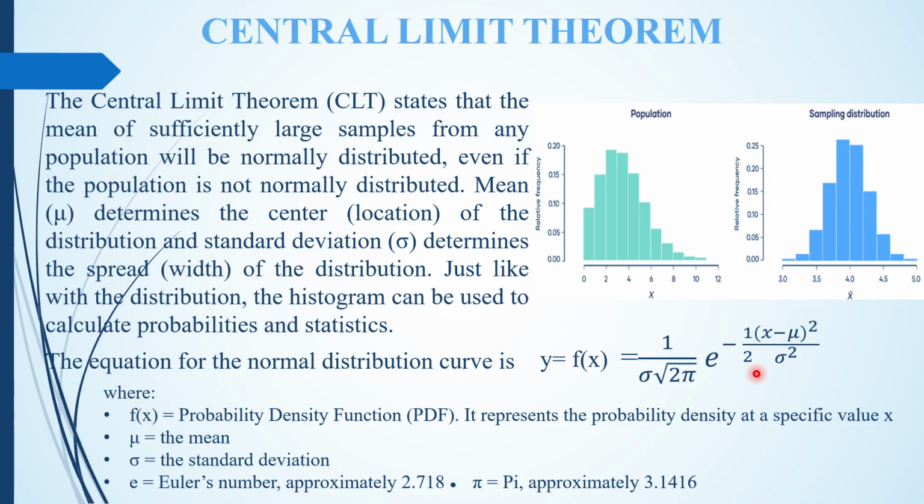It represents the probability density at a specific value x, mu is the mean, sigma is the standard deviation, and e and pi are constants, and their values are 2.718 and